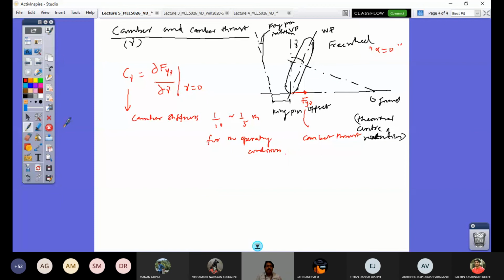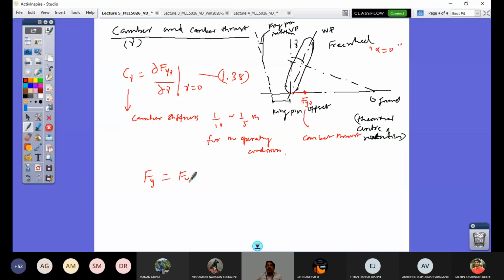So we have understood importantly two stiffnesses. One is cornering stiffness, another one is camber stiffness. So if we have this, what is my total lateral force that would be available in the contact patch if I have to account for both the angles being present, right? So what would be that? So that's going to be Fy, that's equal to Fy alpha plus or minus Fy gamma.